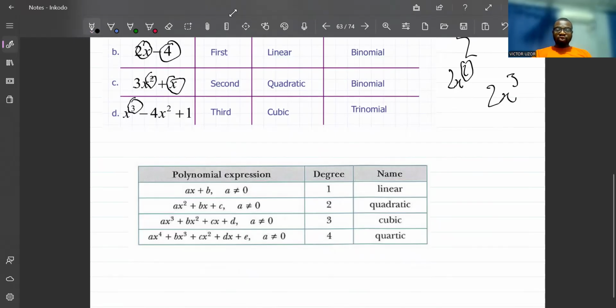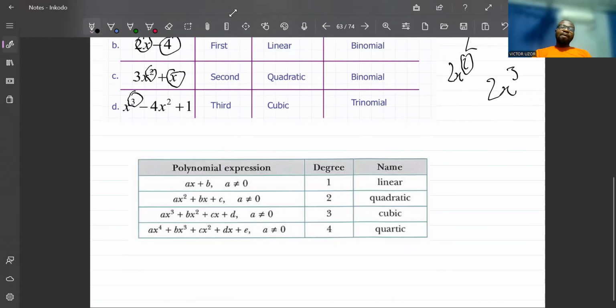So remember, in summary of this introduction, a polynomial is classified in two ways: either by degree or by number of terms. What I mean by number of terms: for example, ax squared is a term, and b is also a term. Let us say 5 is one term, 2x is also a term, 5x squared is also a term, and 3x cubed is also a term. These are four terms. So if I decide that I want to put two of the terms together, I can say